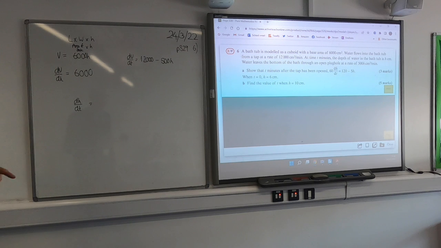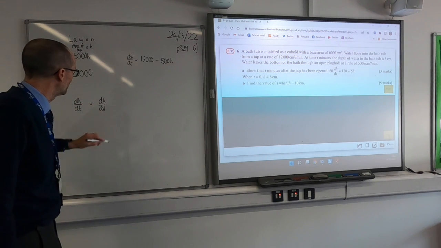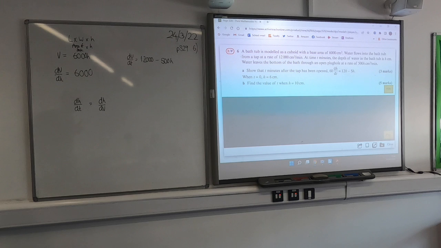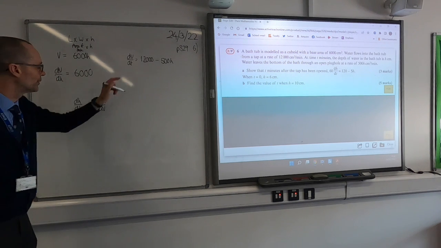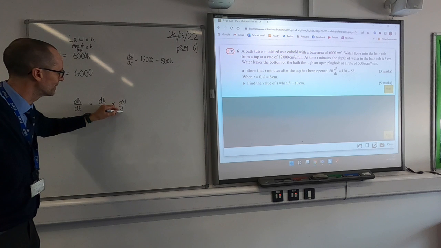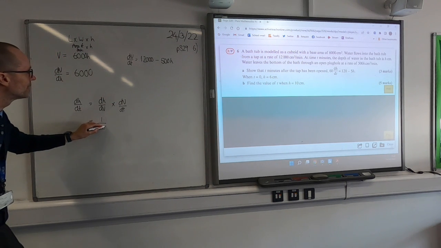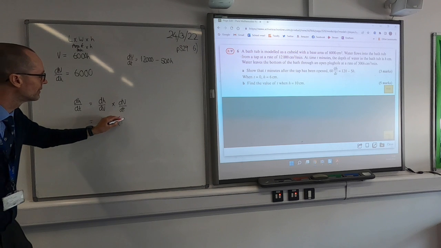So I need something with a dH on the top and something with a dt on the bottom. Haven't got anything with a dH on the top. George, how can I address that problem? So if I flip dV by dH to get dH by dV, I've got something with dt on the bottom, so I'm hoping it's got a dV on the top to cancel out that one, and bingo, it has. So that's going to become 1 over 6,000 times